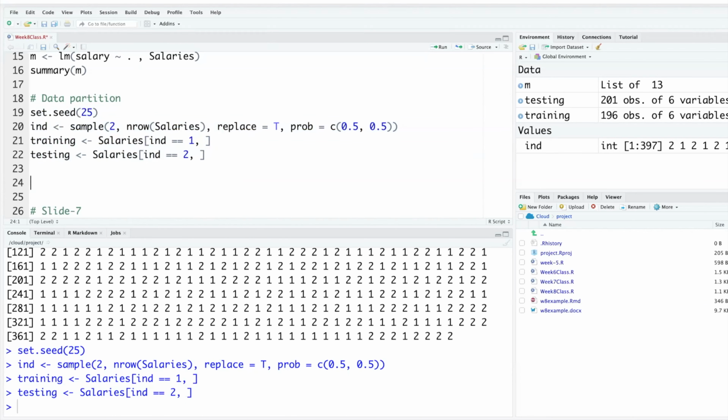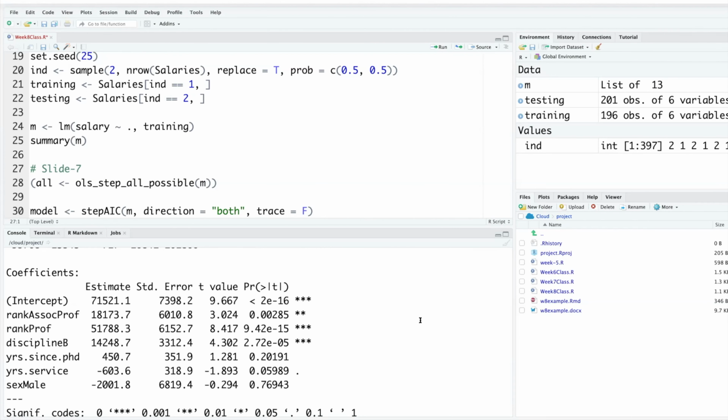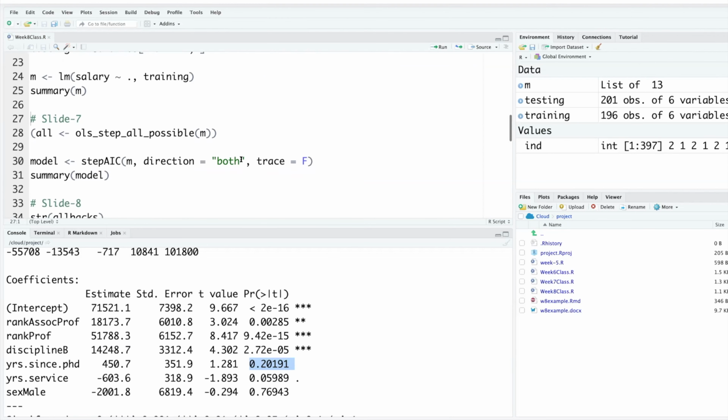So typically we make a model M. Our response variable is salary as a function of all other variables, and the data we are using is training. And if you do summary, you may see that the results could change compared to what we had earlier.